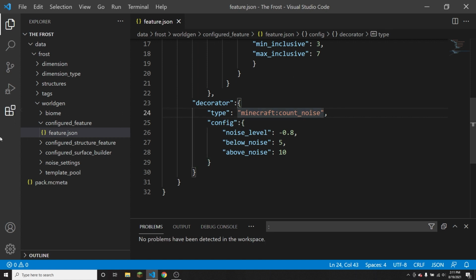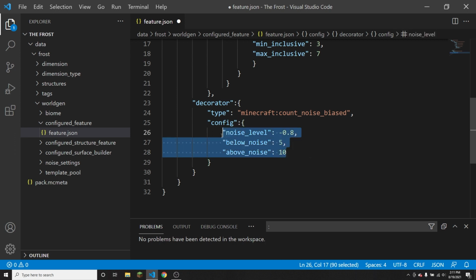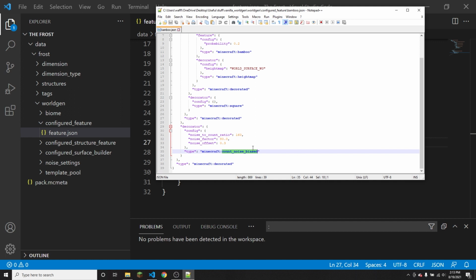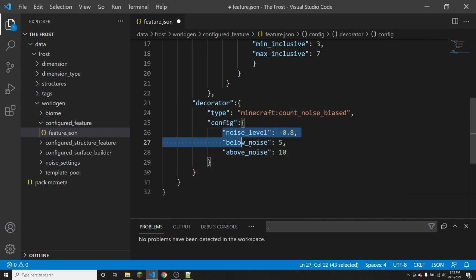So the next option is count_noise_biased. And so what this is going to be is, instead of depending on only one noise value, it will gradually change with the noise. So an example of this is the bamboo in the bamboo forest. Basically what count noise bias does there is it should make the bamboo thicker and then gradually thin out at the edges, I believe. So if I just copy all of this and replace it here, there's the noise factor,